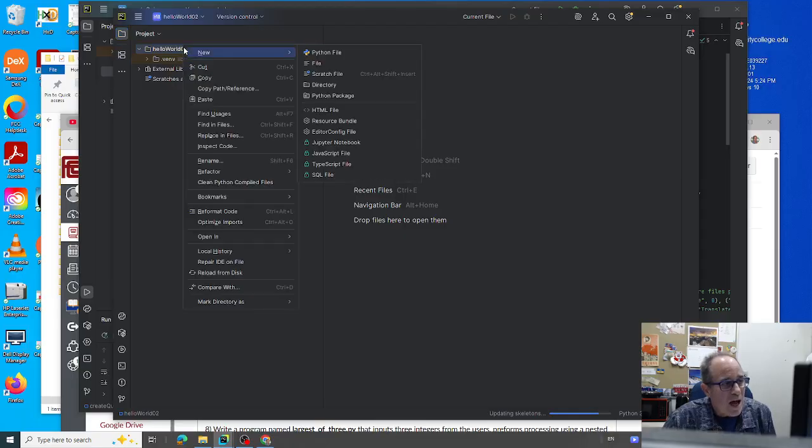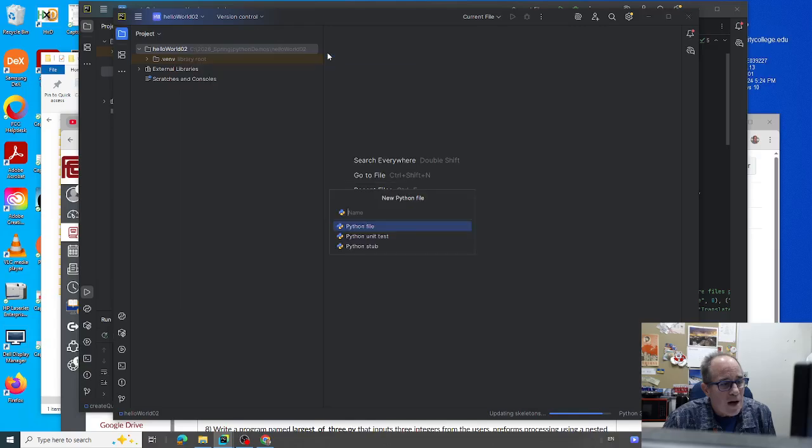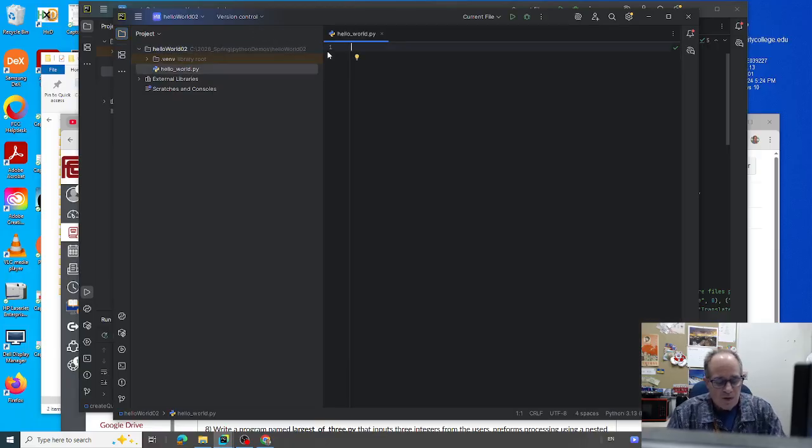So click on that and create new Python file. Now this is where I give it a correct Python name. The obligatory first program we write in a new programming language is hello world. So it's hello underscore world. There we go. So first thing I want to do is give this a comment, and the name hello underscore world dot py,